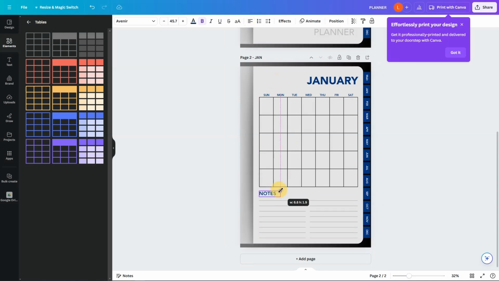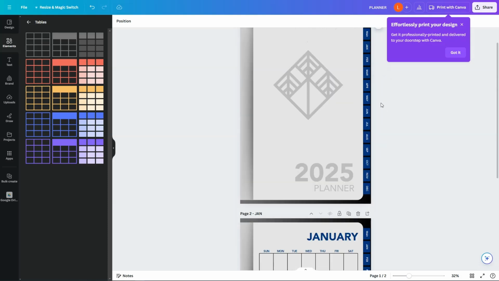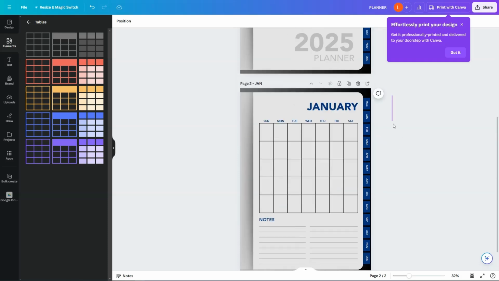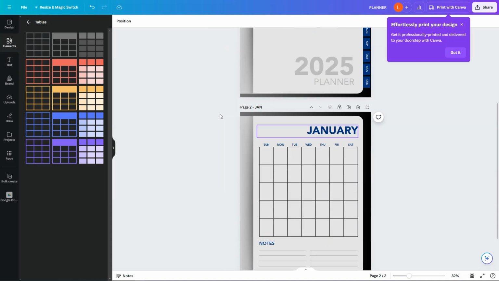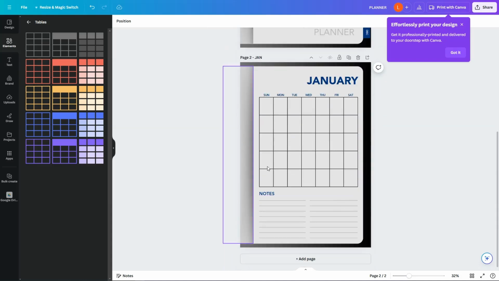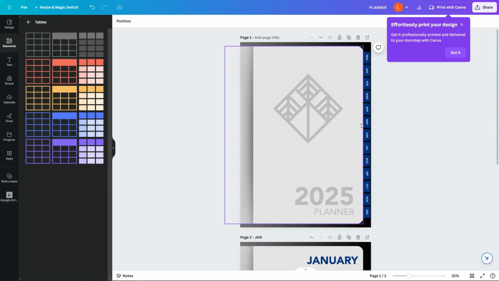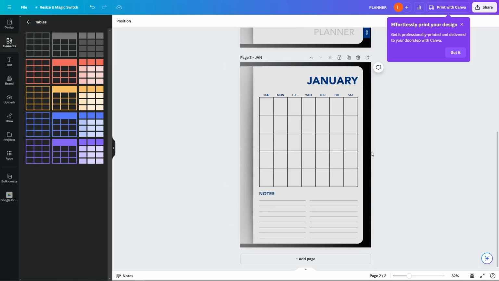And let's just increase the size here. Notes. And we can replicate this, however, for the full design now. So I'm going to delete this part first, and I'll do 12 pages without the hyperlinks, because we're going to do that on this first page and then recreate that for the rest of the other pages. So yeah, I'm going to duplicate this